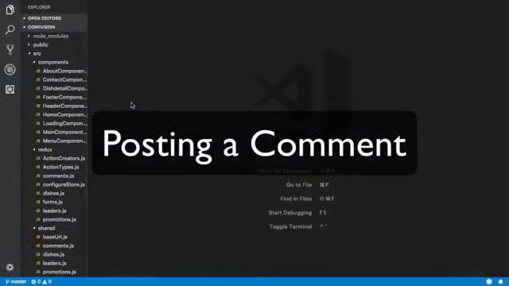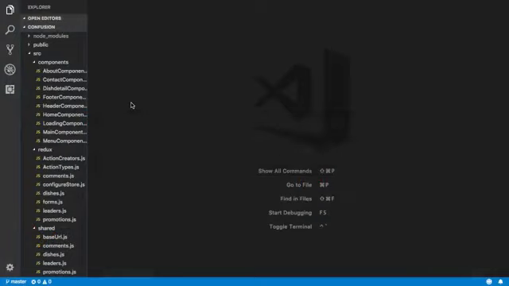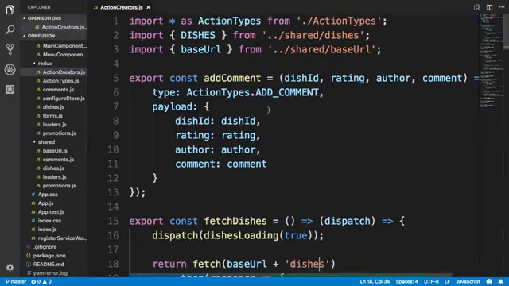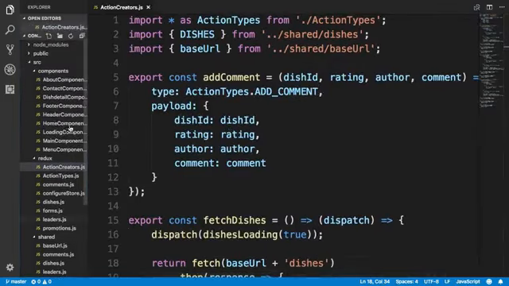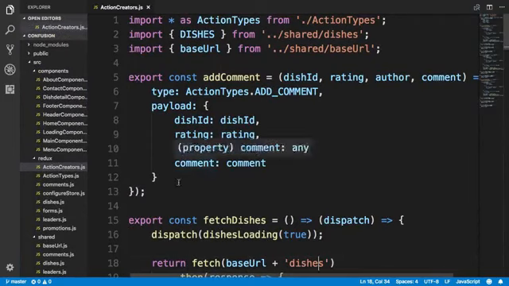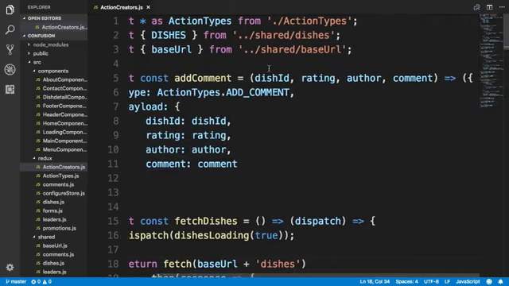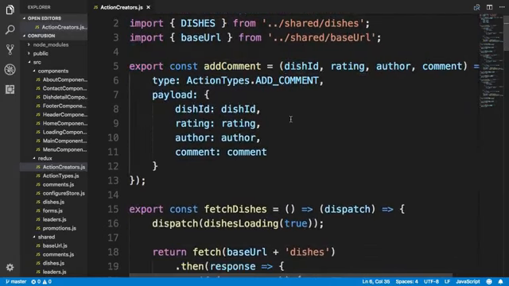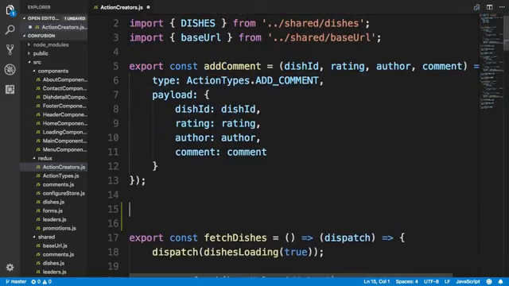To perform a post operation to post a comment to the server, let's open the action creator.js file. And in here, we have already seen how we added a comment to our Redux store. We're going to modify this comment such that this add comment will simply receive a comment and then push that into the server. But before we do that, we will add in another